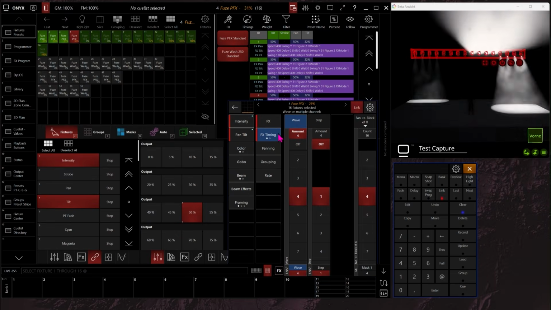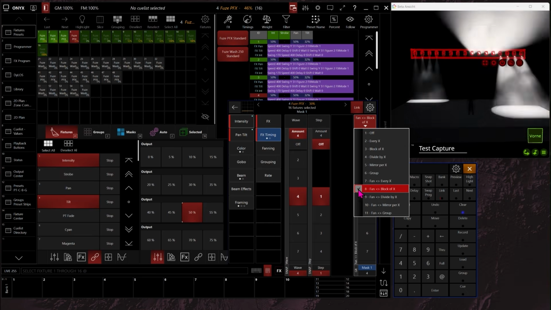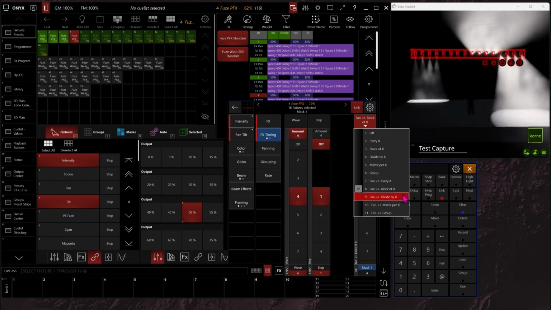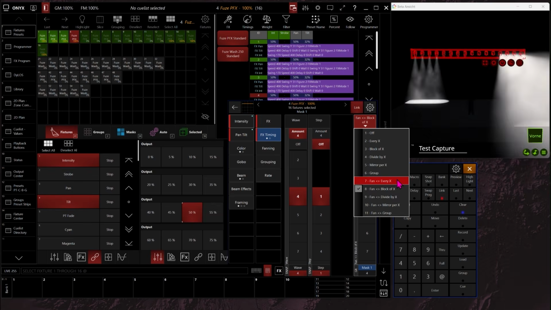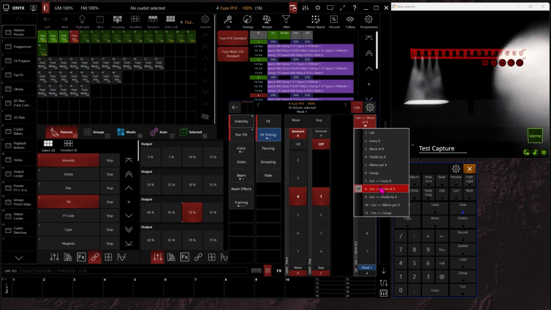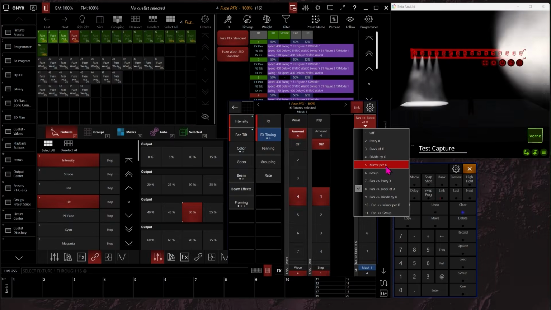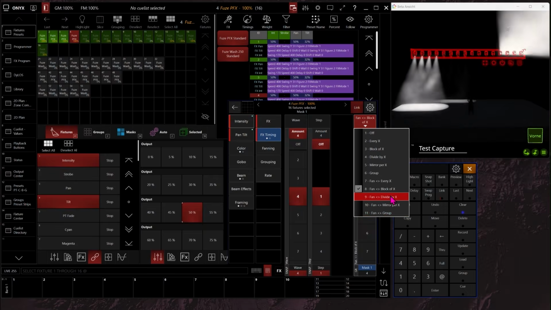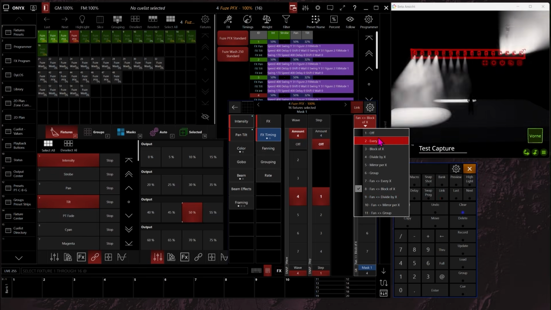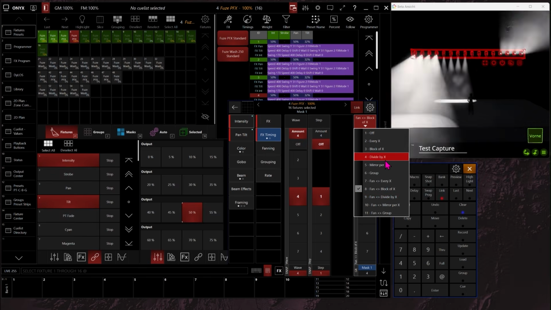We have to make sure that we are using the fan section here in our grouping tool. That is very important, because then ONYX knows that we want to use the whole selection divided into these grouping possibilities. If we are using the first ones, then the effect will run only